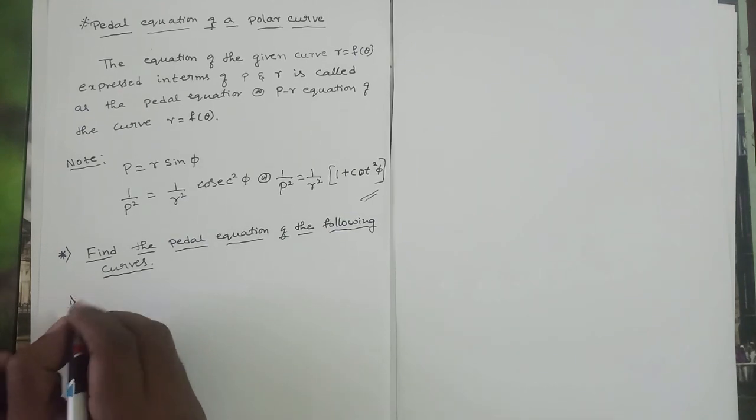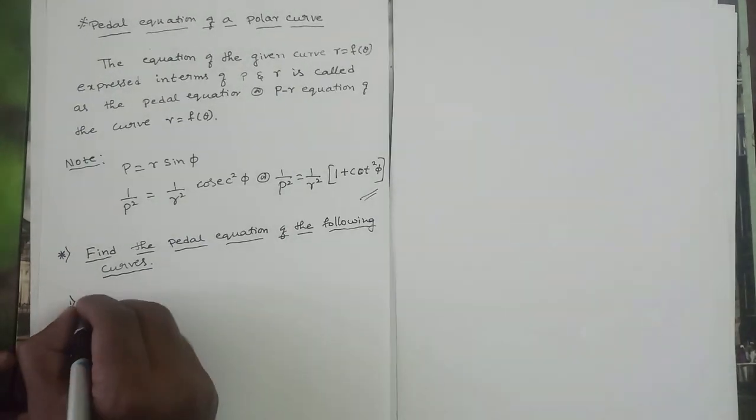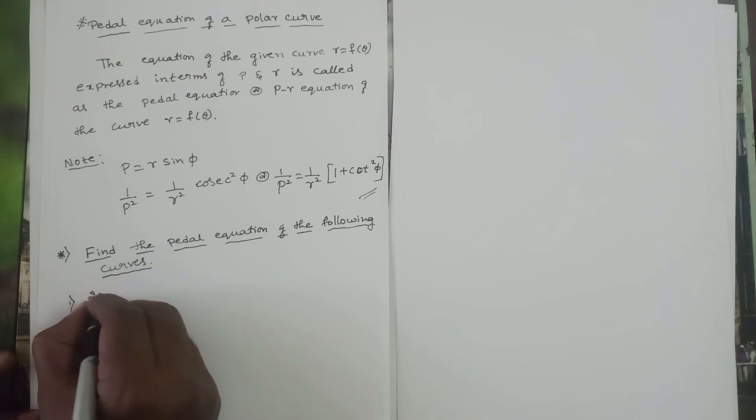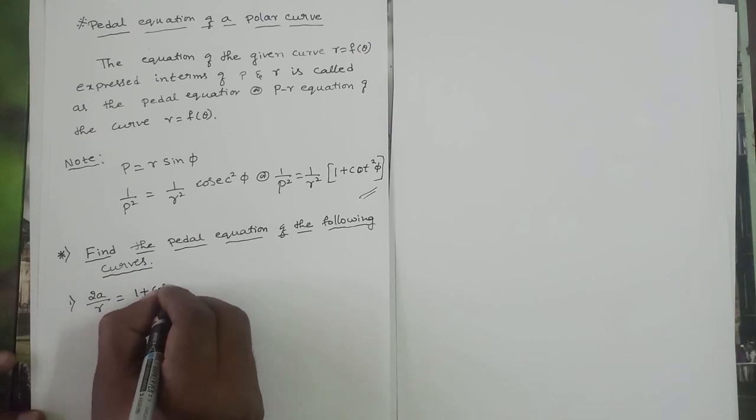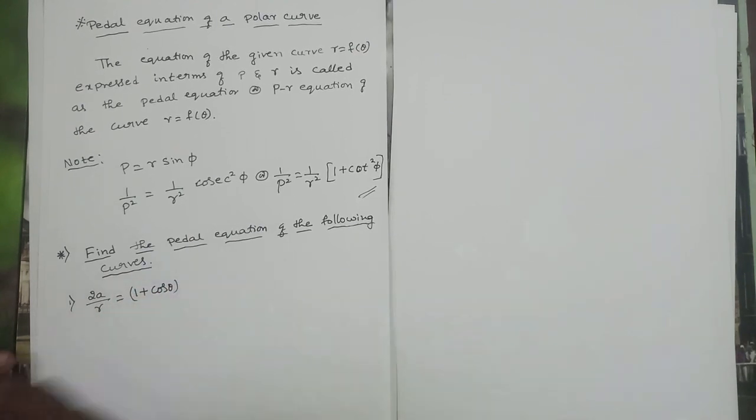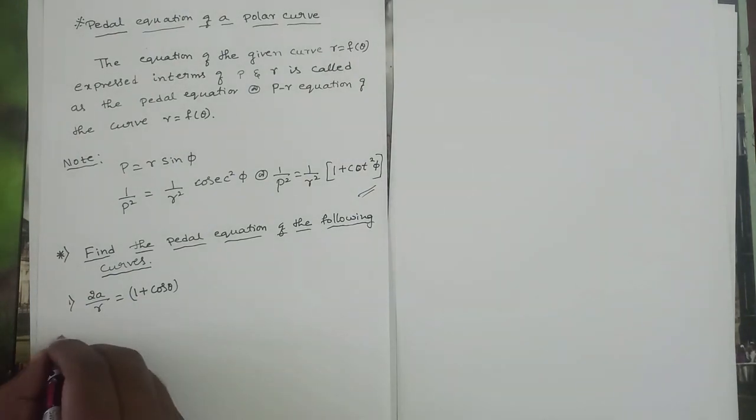So the first one, 2a by r equals 1 plus cos theta. Solution: